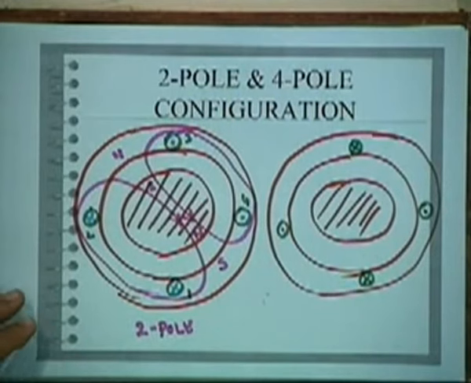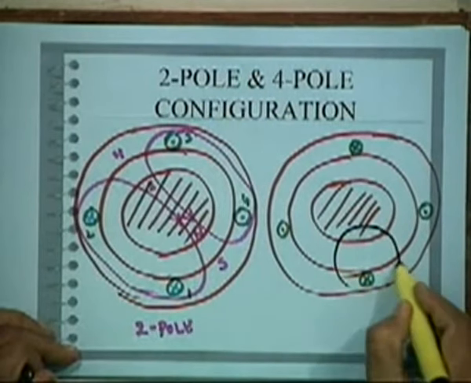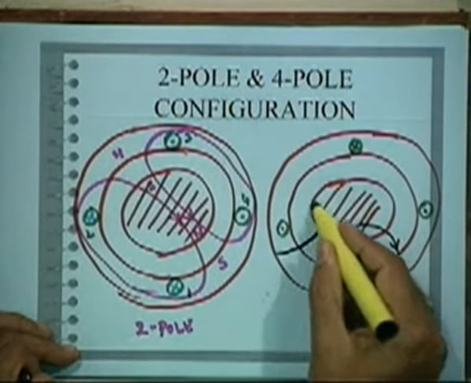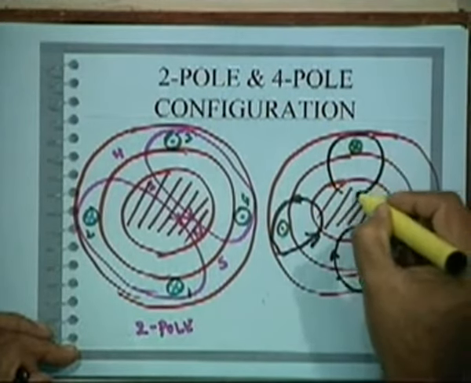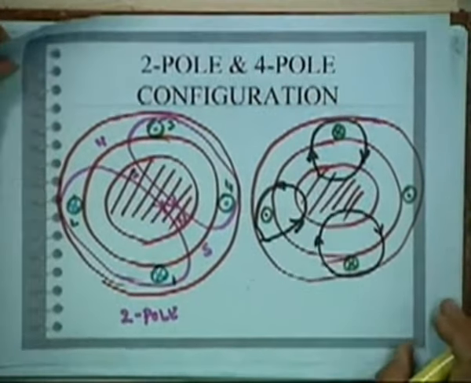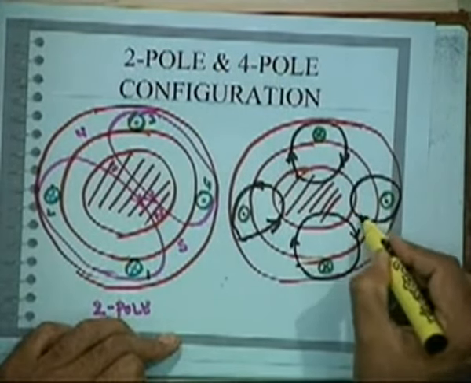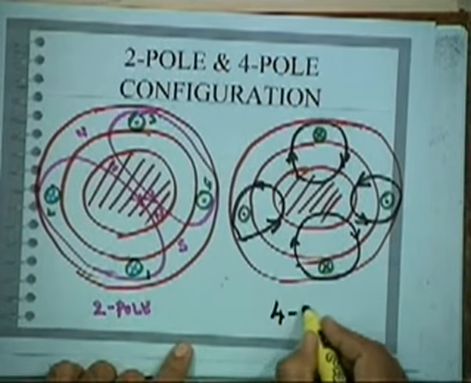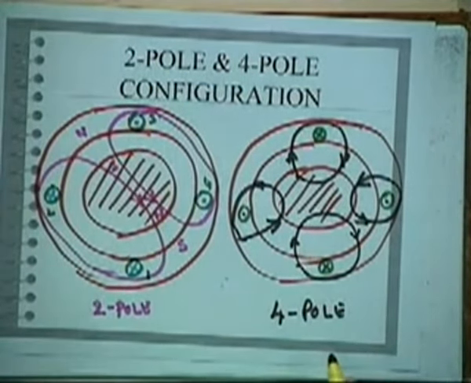Now how many poles has it created? 4. So now it will be a 4 pole arrangement, because you will have flux lines like this, and there will be another flux lines like this, and again the flux lines will be like this, and then the flux lines again will be like this. Is it clear? So we have created a 4 pole here, 2 pole here, just by reversing one coil direction, right.